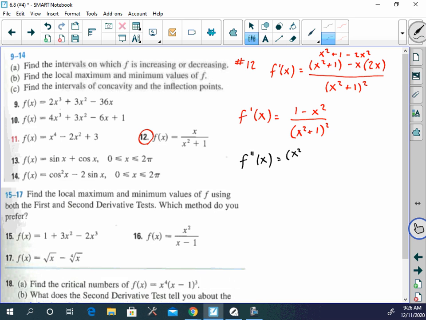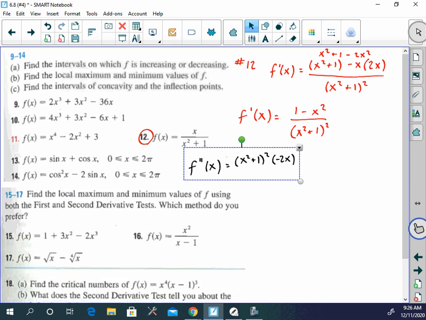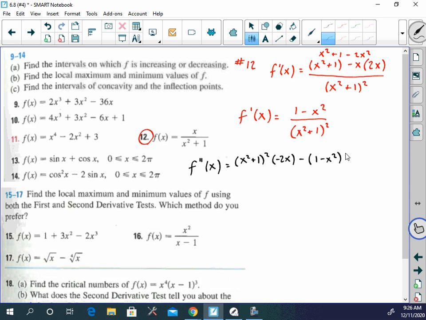As we're doing low, and then d high would be just negative 2x. I'm going to shift this over so I can fit in. There we go, minus high. And d low, we need to pull the 2 down. Leave the x squared plus 1 alone, and it's raised to the 1 power. And then we multiply by the derivative of the inside, which would be 2x. Let me know if I mess something up here. Does that look okay? Okay, so this is our low d high minus high d low